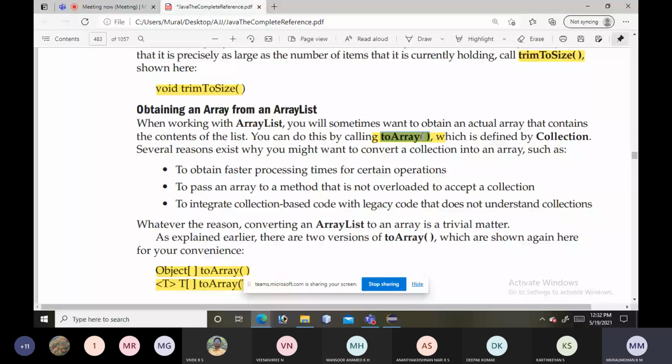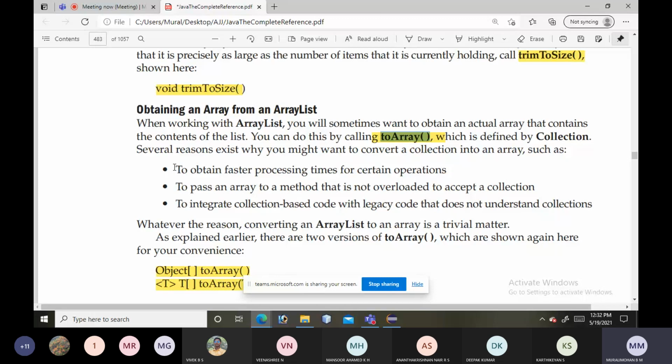Which is defined inside the Collection interface, right? So what is the advantage of obtaining the array from the array list? One is faster processing times for certain operations. Next, to pass an array to a method that is not overloaded to accept a collection, and to integrate collection-based code with legacy code that does not understand collections.